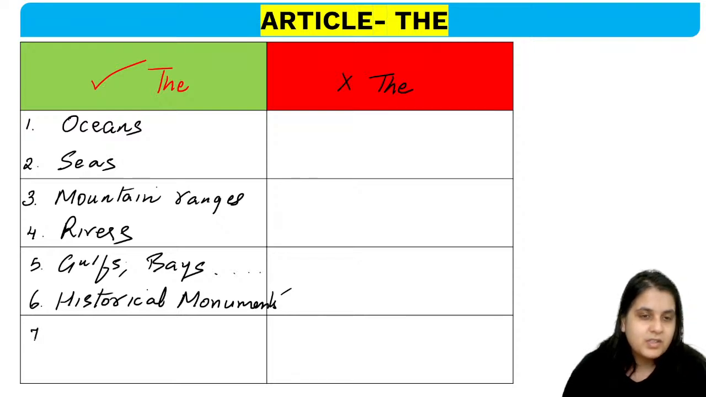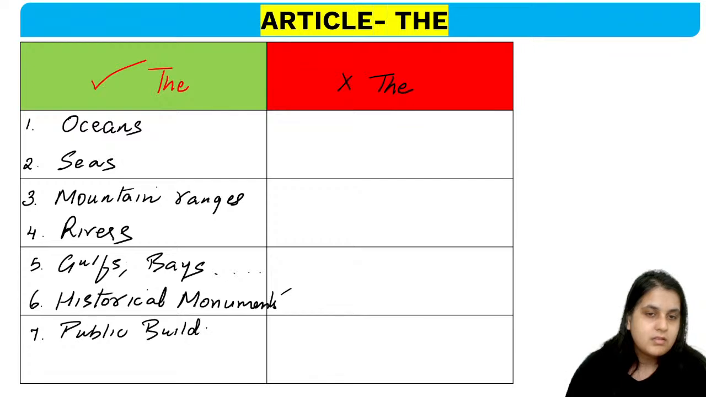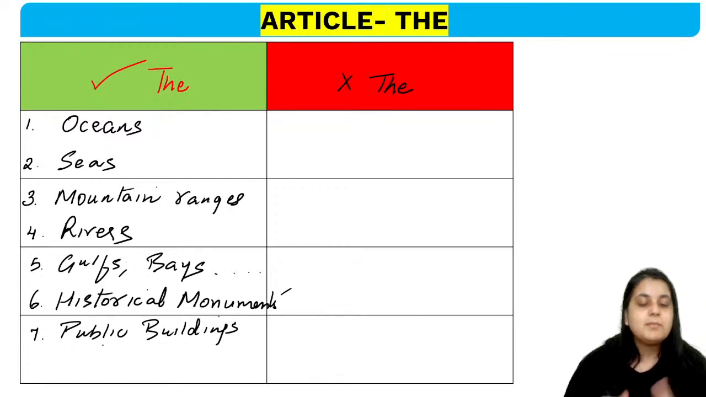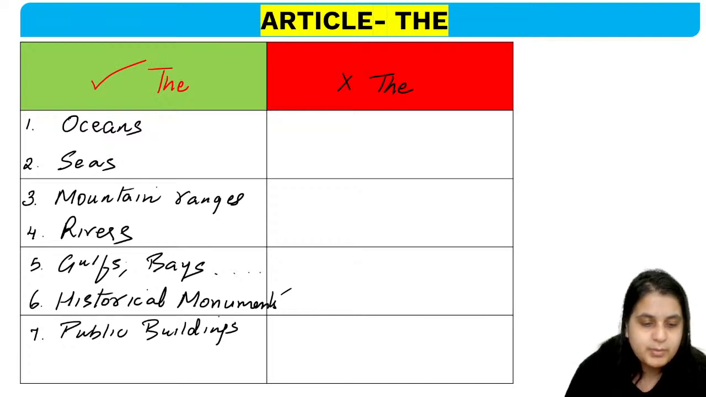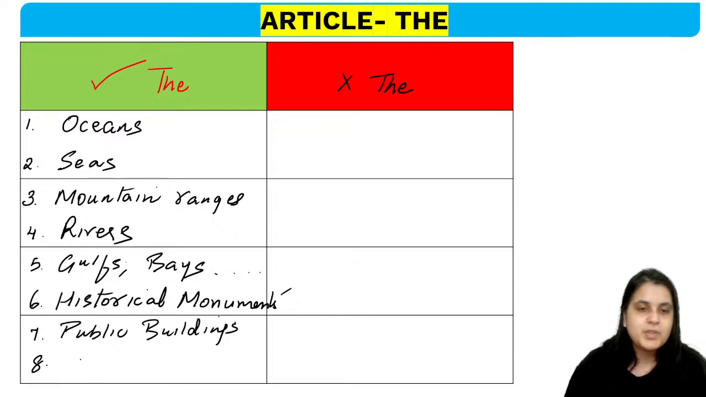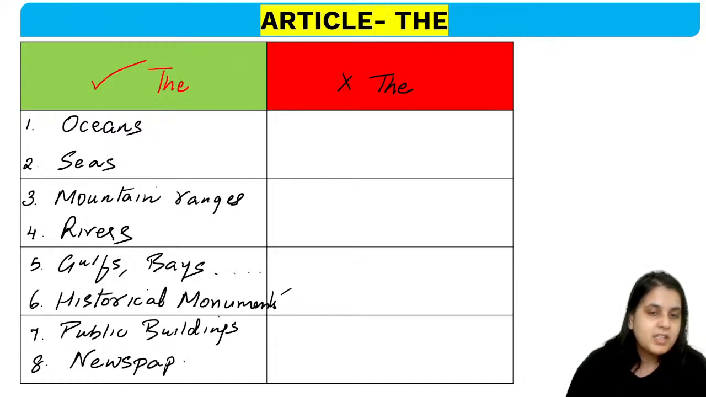Next, we use the with historical and even public buildings. So when I say public buildings, for example, the Vidhan Sabha or the Vidhan Saudha. Correct. The Statue of Liberty. Okay, so we use it with public buildings. Next, we use the with the names of English language newspapers. For example, the Times of India, the Hindu, the Economic Times,